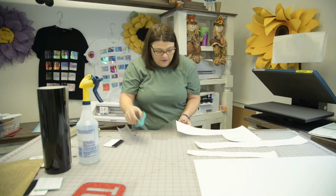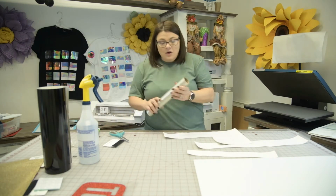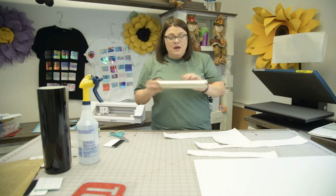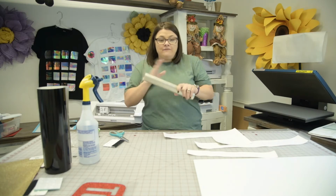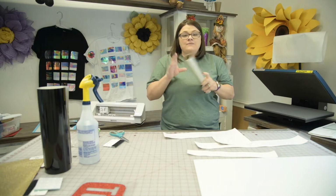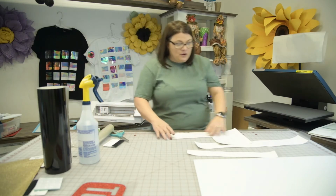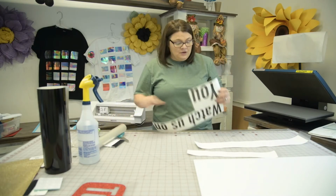That may be another thing that I need to do. I have found with our CDS adhesive, and this is 30 feet for $20. We have the smaller 6-inch rolls, and they are 30 feet also for $10. So that way, if you're working with something smaller, the reason why I went with this one is because